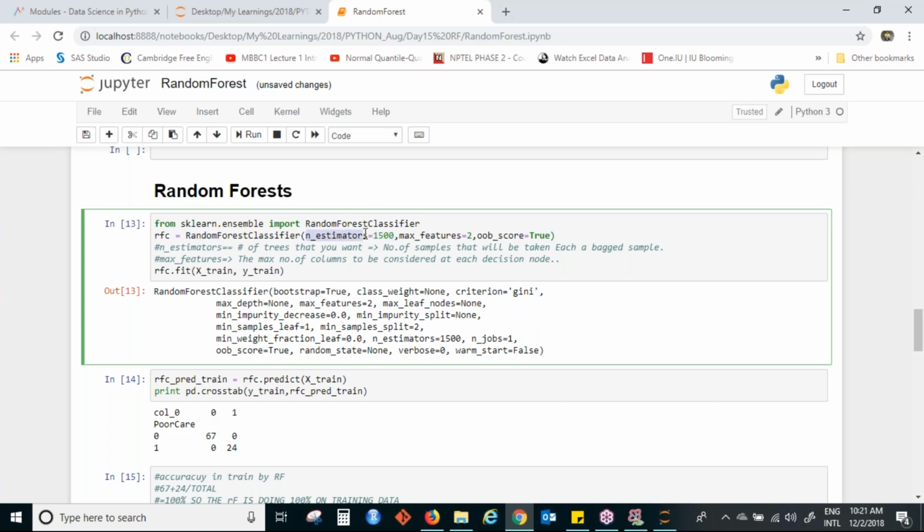So what is this n_estimators? n_estimators is the number of trees you want, so you will decide how many trees you want. Remember, random forest creates several decision trees. So here I want to create 1500 decision trees. That's why I have given 1500. Now you will ask what is the best number I should select. You can give any large number. As long as it is a large number, it will give you the same accuracy. So it doesn't matter if you select 1500 or 1800 or 2000. Generally it will be a large number. A large number will give you a good accuracy.